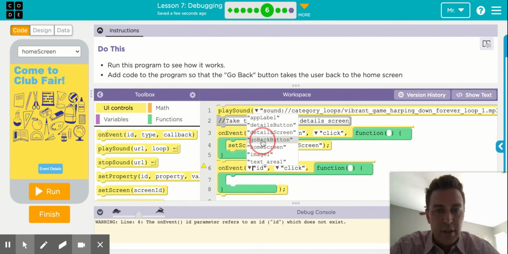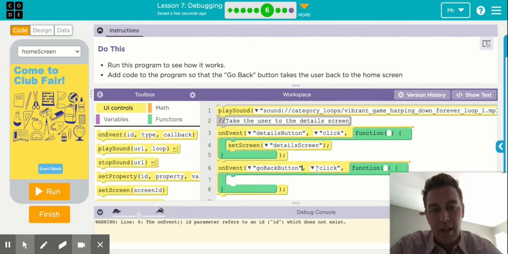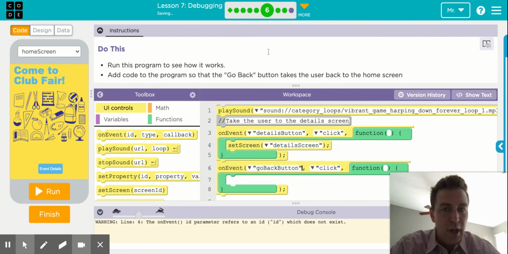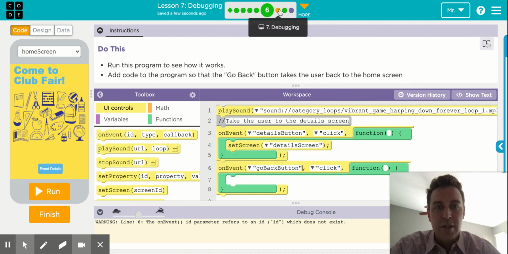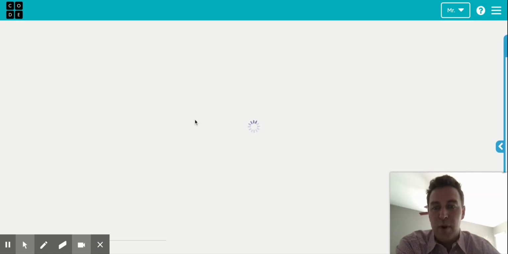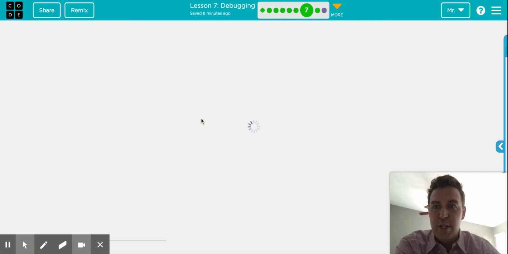Right here, I see my go back button. I see the click, and then you want to go to your set screen. So you want to try to set that screen there. So those are our challenges today. Can you debug all these lessons here to make them work? Good luck. Debugging is a big part